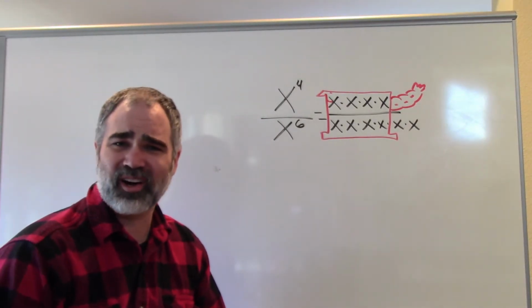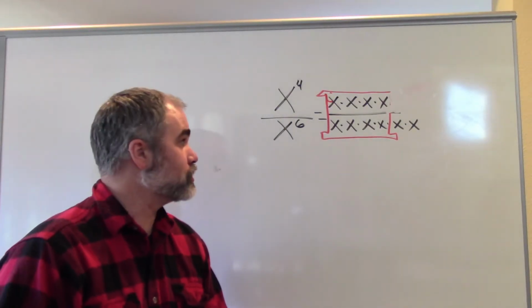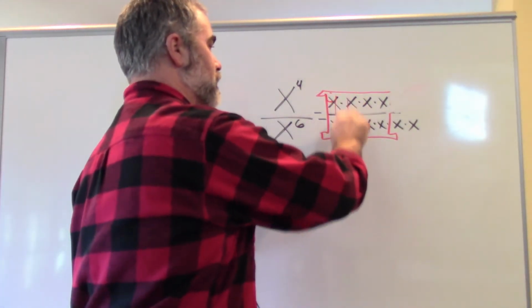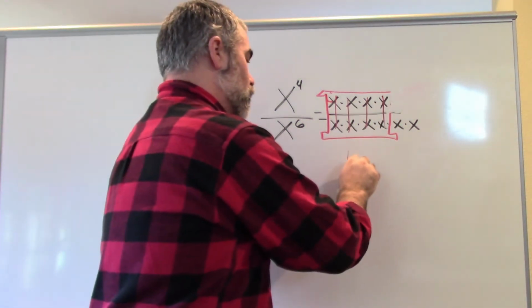Actually, cut that. That's a terrible idea. All right, so we have a big 1. Everything there just divides into a giant 1. Or you can cross each one out individually. It doesn't make any difference. So I'm left here 1 times